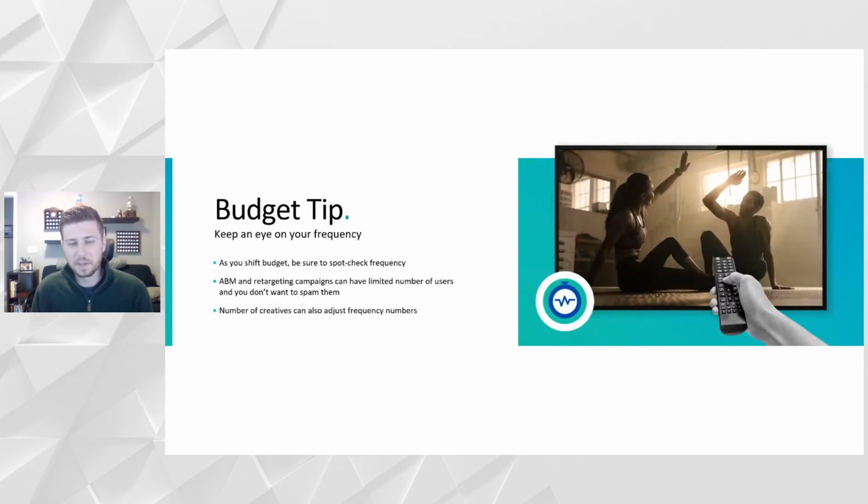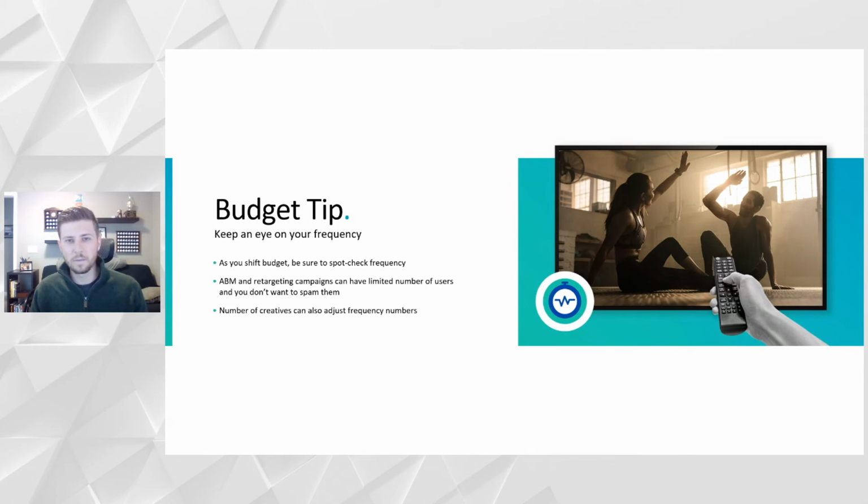And I mentioned this tip a little bit, but frequency is really key, especially with the retargeting and ABM audiences. Not something we have to worry as much about for prospecting. Those audience segments are so large, unless you have incredibly large budgets. But even in that case, you can just add additional relevant segments out of our platform, which has an endless amount, it seems. So there are a lot of opportunities for you to reinvest those dollars against ABM and retargeting. But just like brand on the paid search side, those are finite audiences. So the more you invest, the higher your frequency goes.